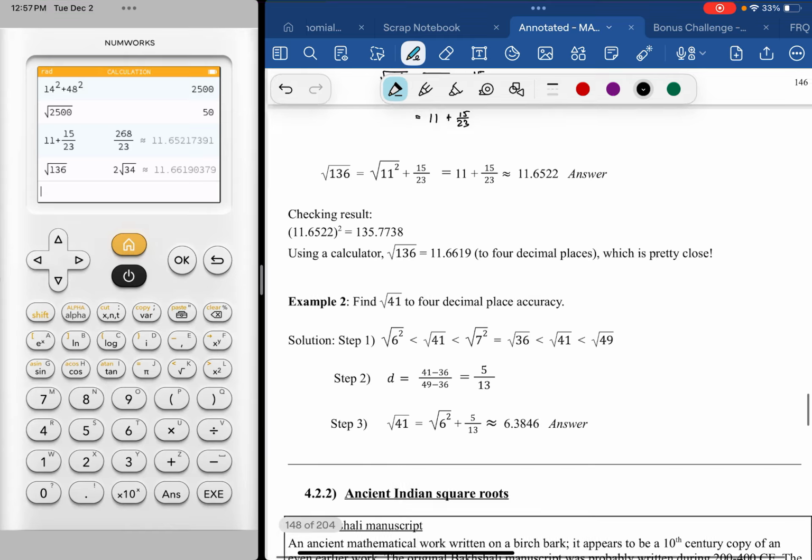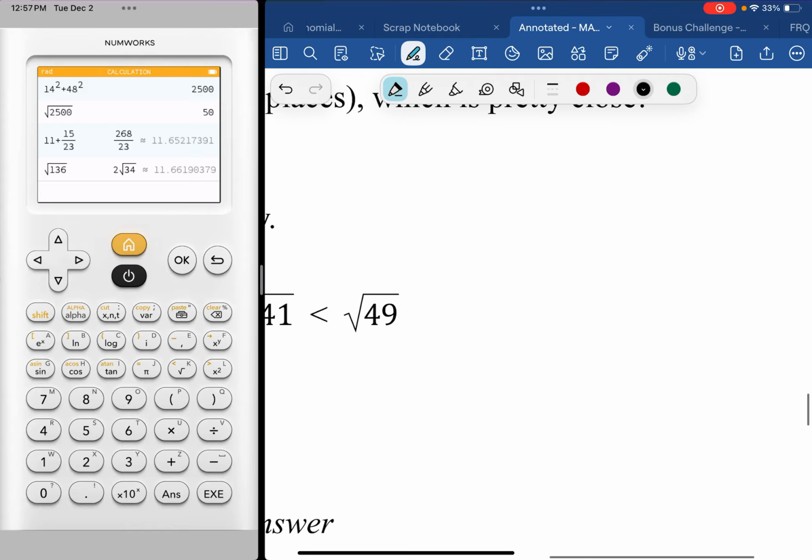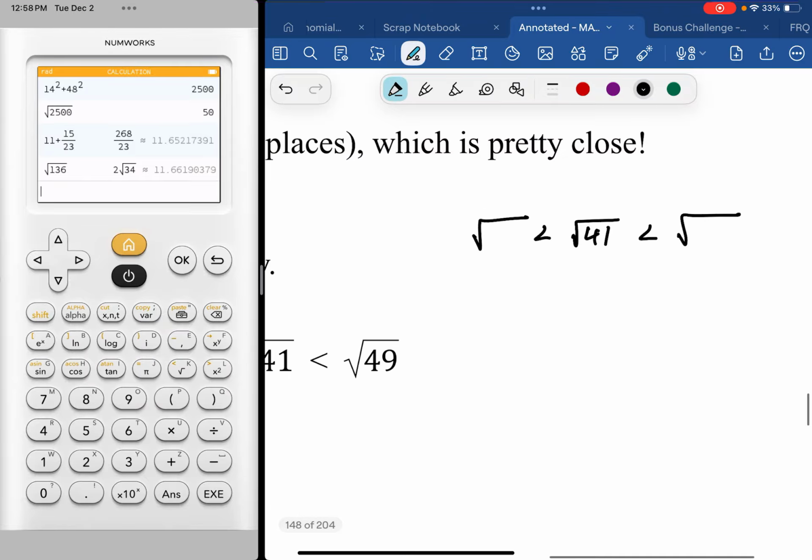So, same idea in the second one. I have radical 41, that's going to be less than one radical that we know and greater than another radical that we know. So if I'm looking at perfect squares,